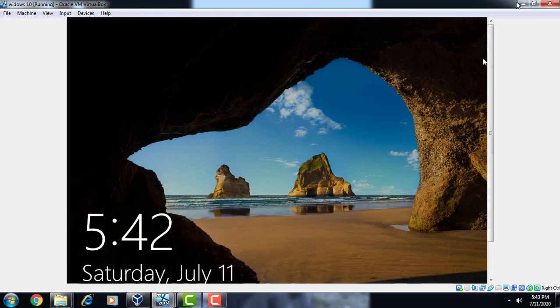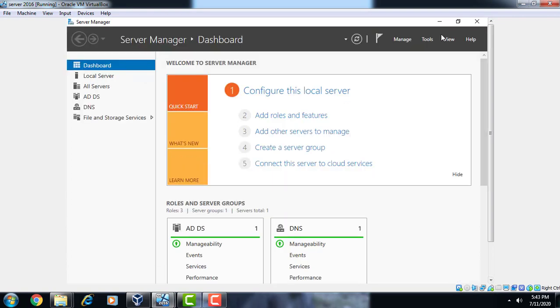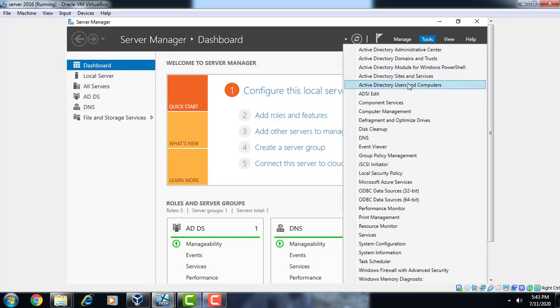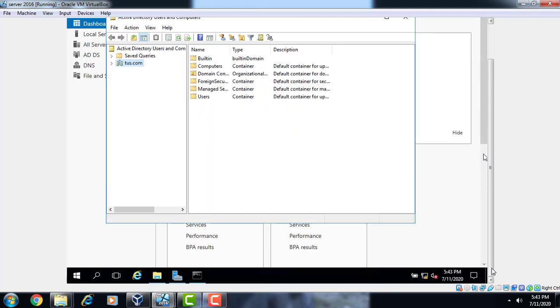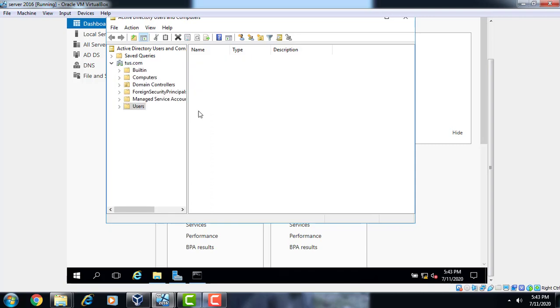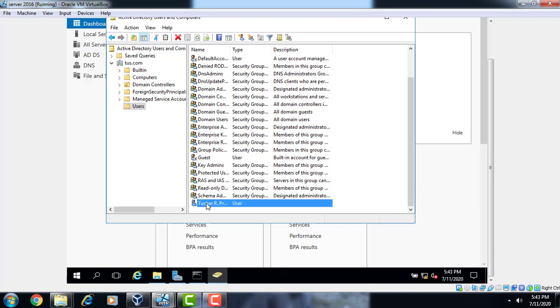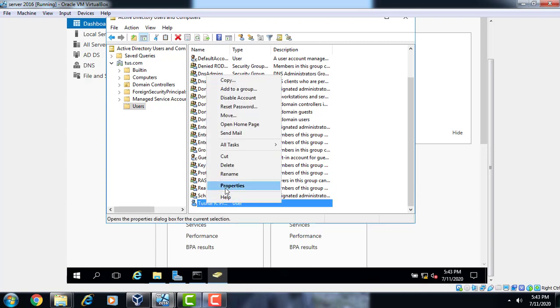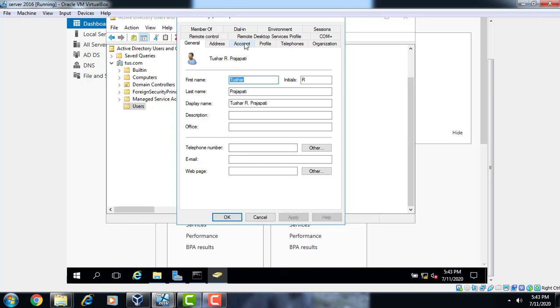Now we can go back to our server OS. Here is our user Tushar Prajapati, go to properties, go to account.